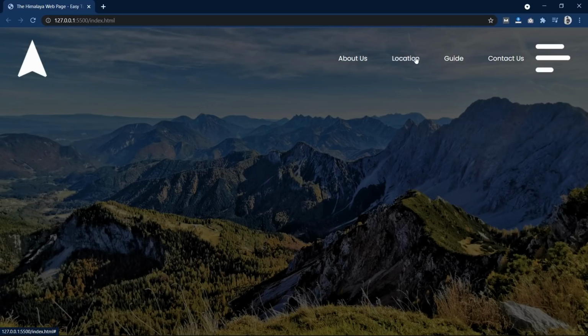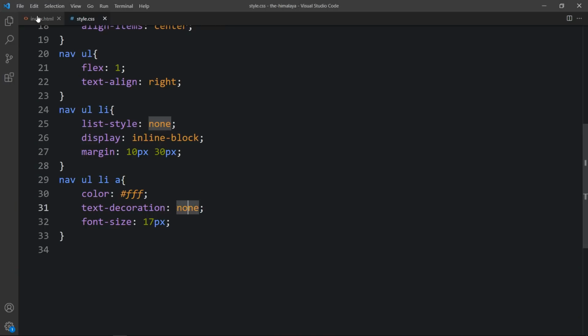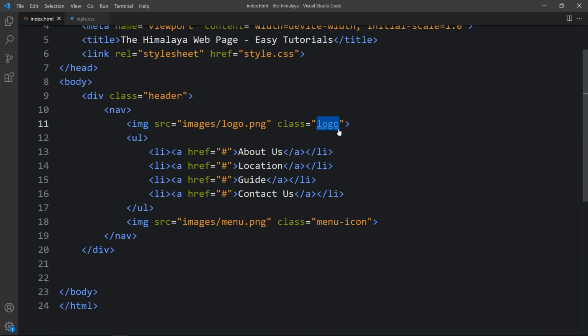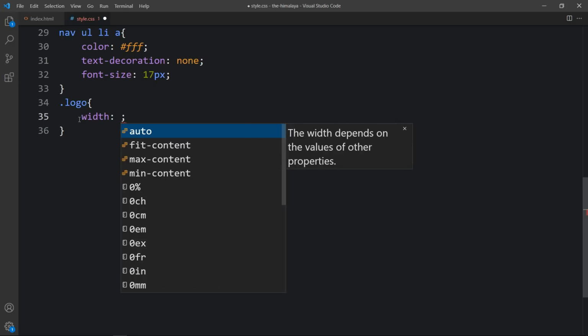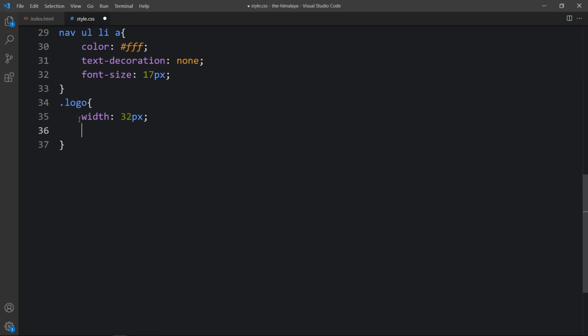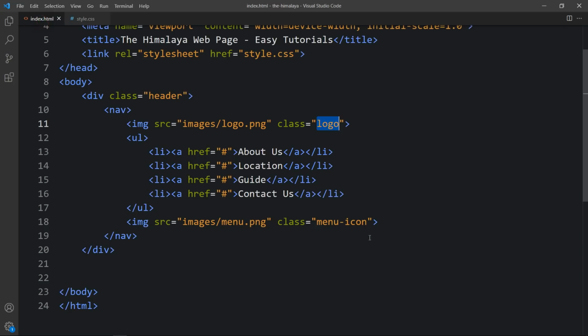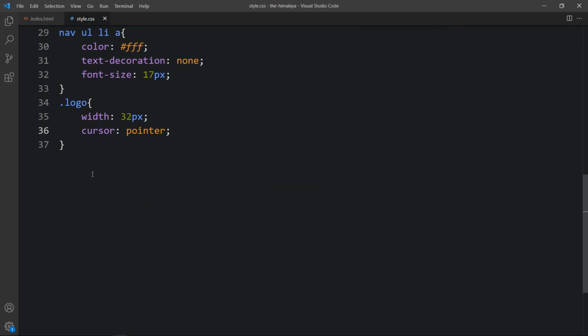You can see these links in the white color. Now we have to change the size for this logo and this menu icon. So let's come back and just copy this class name logo, write it here in this CSS file. Now to change the size we will define the width. So let's add the width of 32 pixel and cursor pointer, and for this menu icon also, so add this class name here,